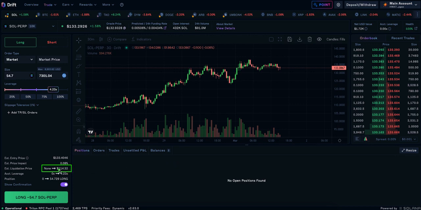Meaning, if SOL goes down to 114, which is in this area right here, if SOL was to somehow drop into that box, into the zone, you will lose all your money. You will lose everything you have, right? You're going to get liquidated. So is that a position you want to take? Are you really sure about